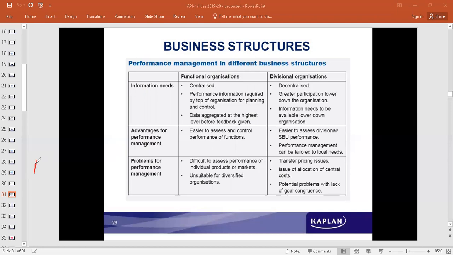So the owner alone can manage, or maybe a manager is appointed, while the entrepreneur is only the investor, and the manager is there to manage the entire organization. So we can call that an entrepreneurial structure. So it's small size, simple, easy to manage, etc. But as the size keeps increasing,